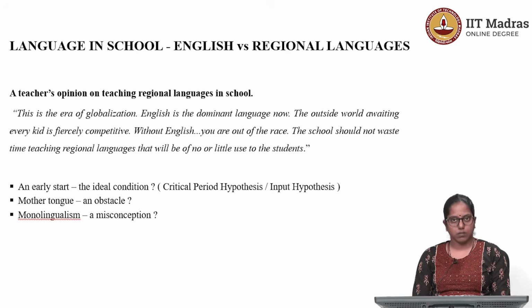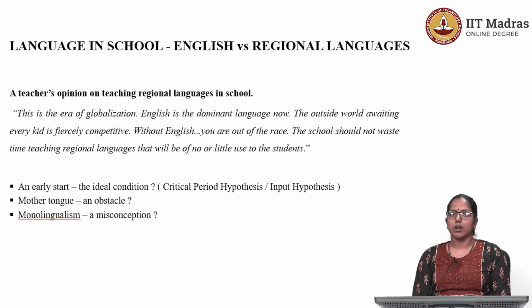There is a debated theory known as the critical period hypothesis. It states that children below 14 years of age acquire languages faster than adults. But there are researchers who have shown that if at all adults are slow at learning, it is because of certain inhibitions such as shame or fear of committing errors. A lot of children do not bother themselves with shame or fear of committing errors, and therefore they pick up the language faster.